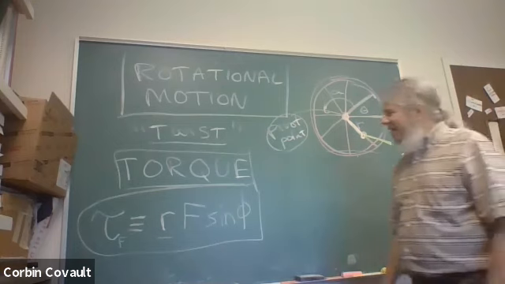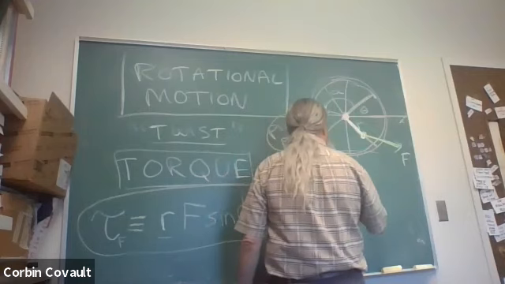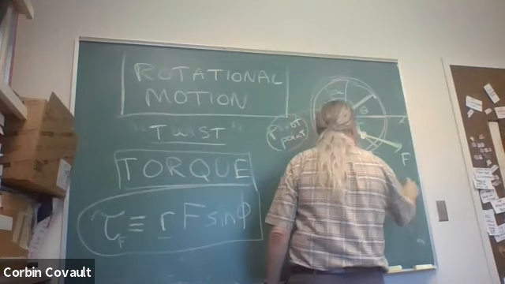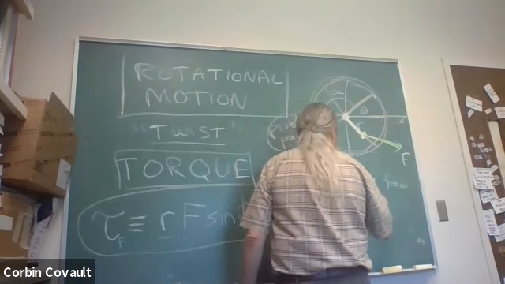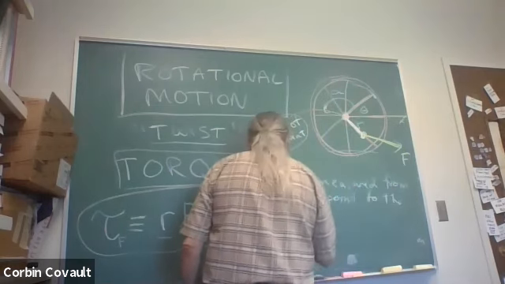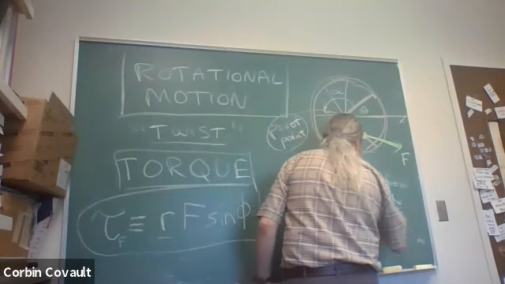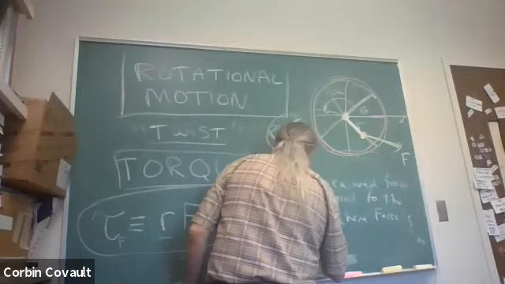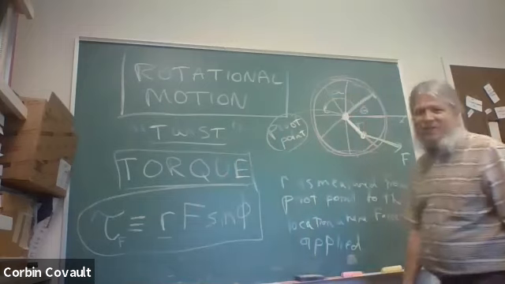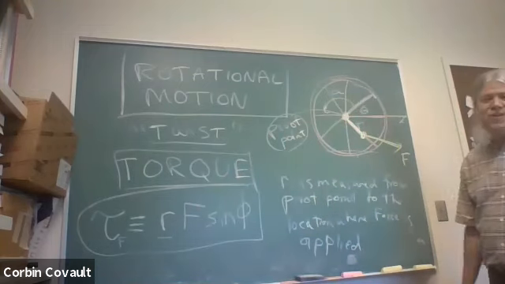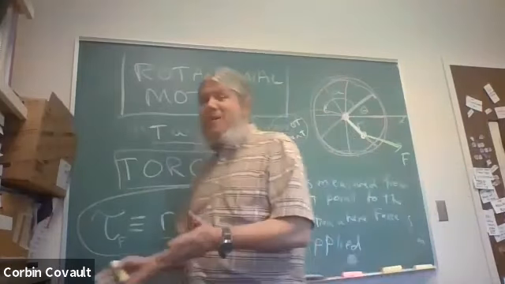Okay? So I'll say that again. I'll actually write it down because it's so important. R is measured from the pivot point to the location where the force is applied. It's worth taking a whole minute to write that out, because if you remember this rule, you can calculate the torque. And if you don't have this rule in your head, then you will miscalculate the torque over and over